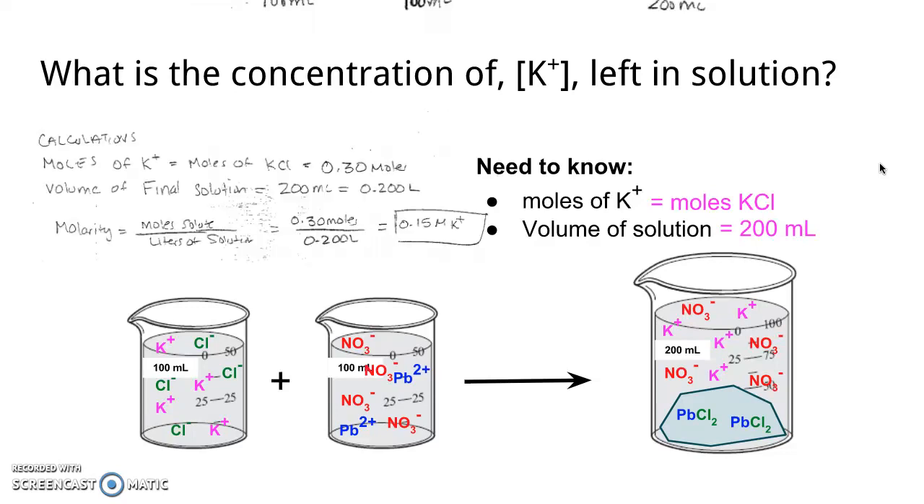So what do my calculations look like? To solve for the moles of K plus, I just solved for the moles of KCl. I did that already, so I just use the same number that you have written down there, 0.30. And then I'm going to find the volume